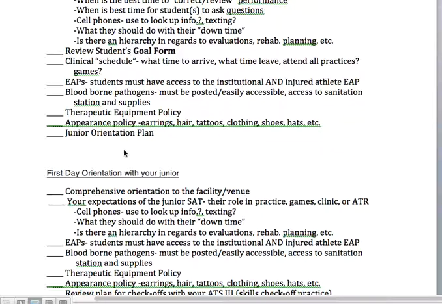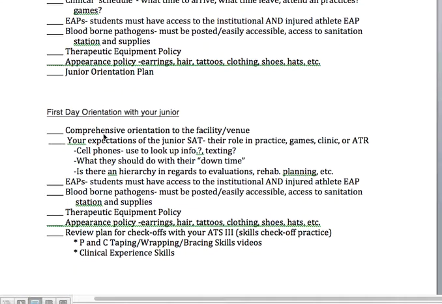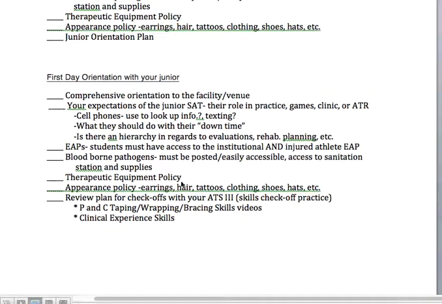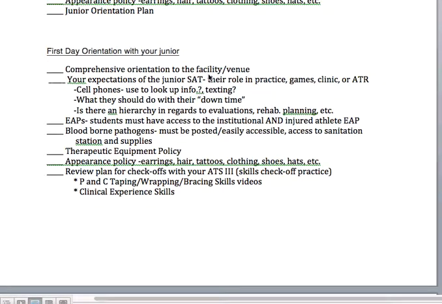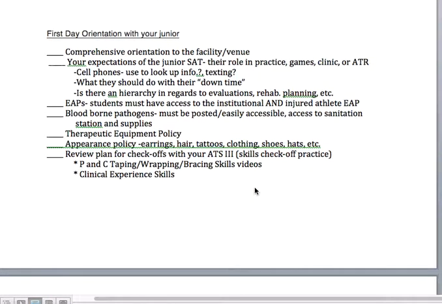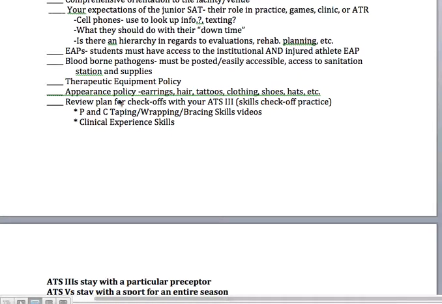And then the junior orientation plan, which was actually a cue to the seniors that these are the things the seniors are expected to help you with if you have a senior at your rotation. They should be helping give you an orientation to your facility and what the expectations are. They can help you with the EAPs, the bloodborne pathogens, the therapeutic equipment policy, the appearance policy, and then also your first assignment, which is checkoffs,